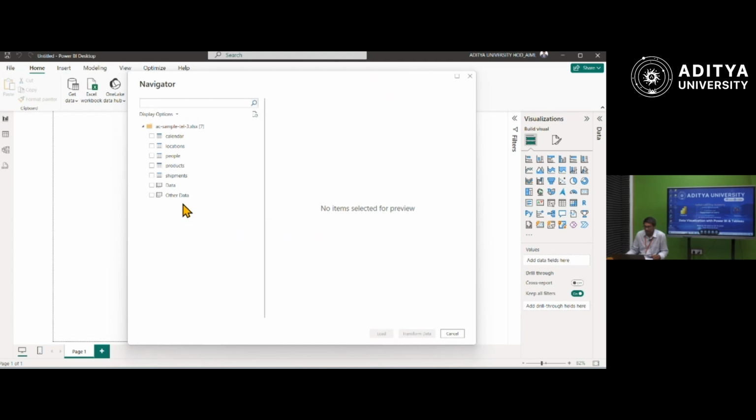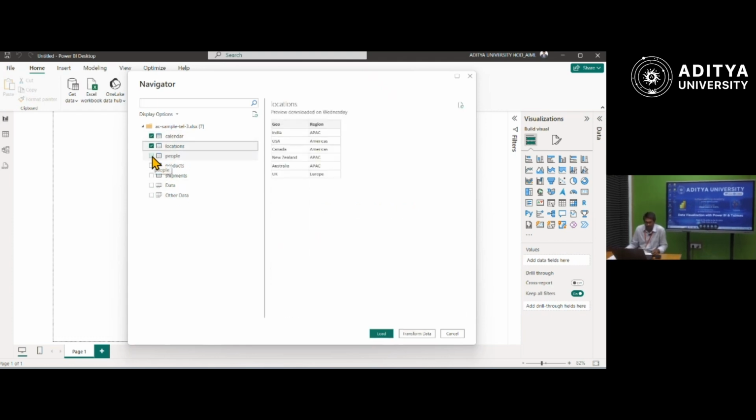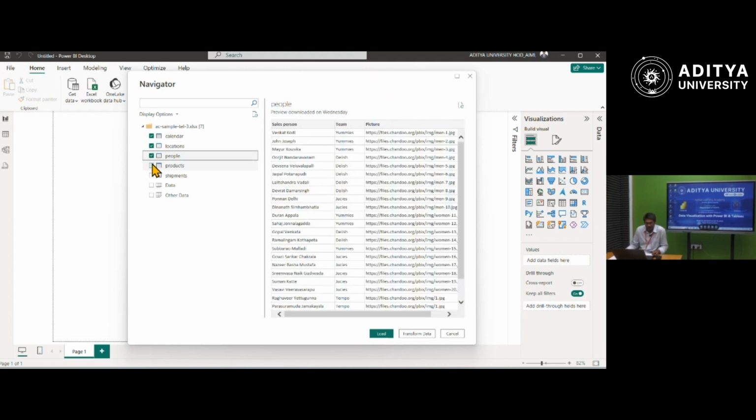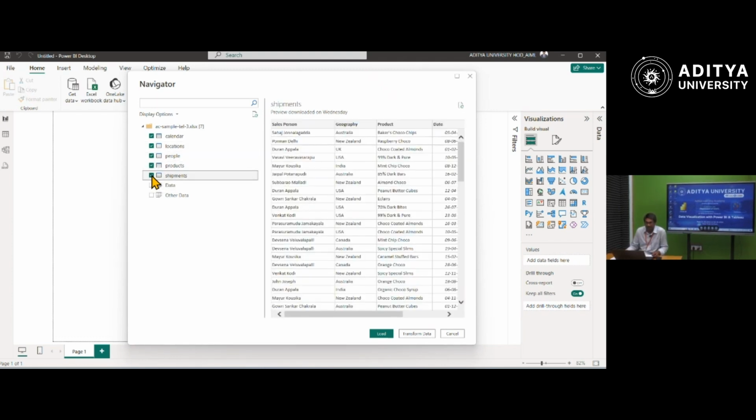When the data set is opened, it will show the tables as well as the sheets. In this, I am loading the calendar, locations, people, products, and shipments. These are the 5 things which I am loading